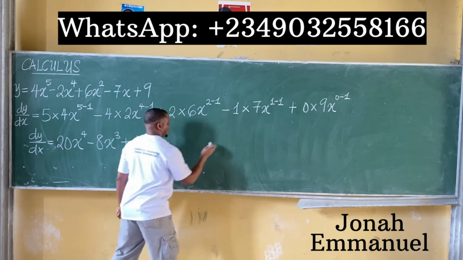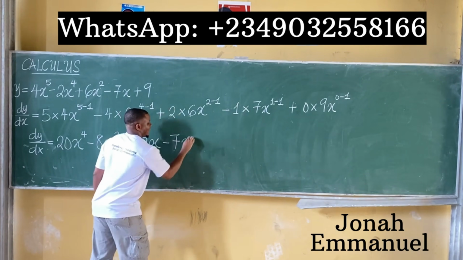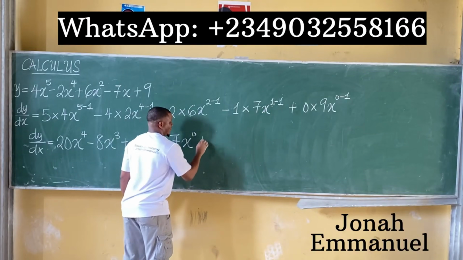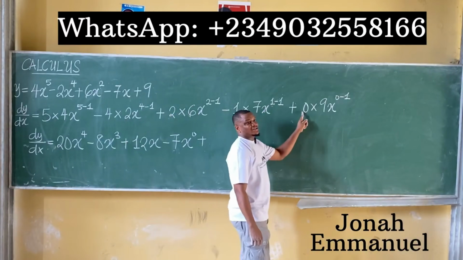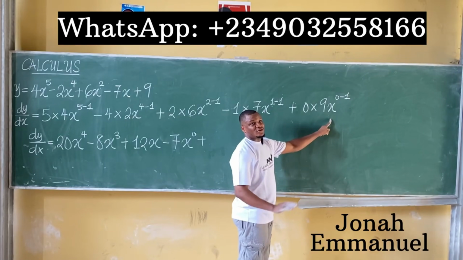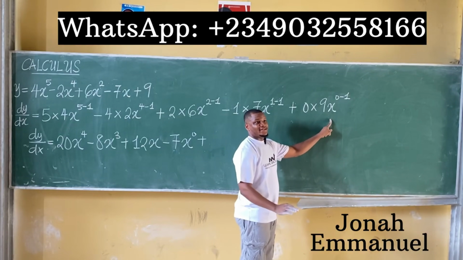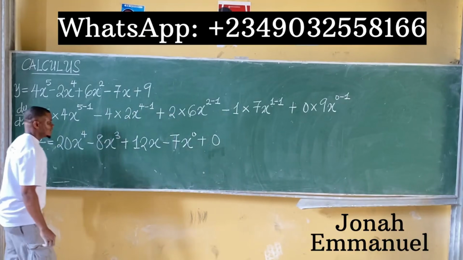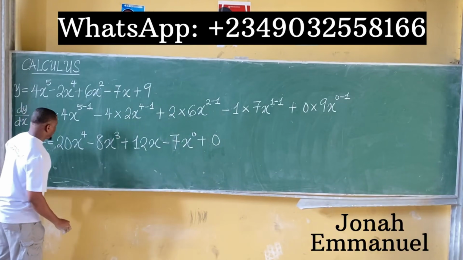minus 1 times 7, 7, x to the power 1 minus 1, 0, plus, for this one here, 0 times anything is what there? 0, don't stress. 0 times anything is 0, don't stress. So it becomes plus 0. All right, moving on. This will now be equal to,